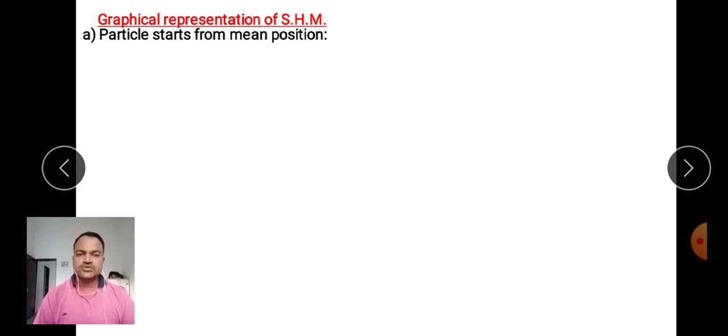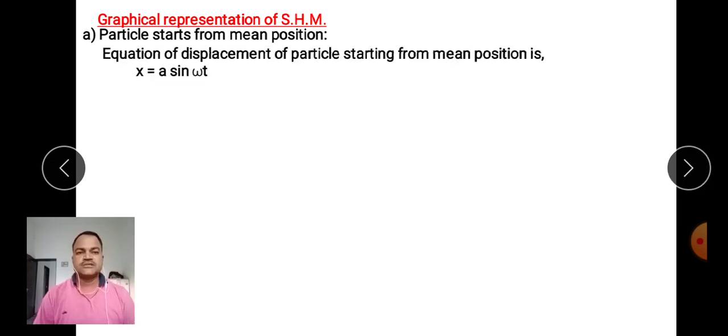By using these two equations, first we have to see the graphical representation of SHM if a particle starts from mean position. So let us see. We know that the equation of displacement of a particle starting from mean position is x is equal to a sin omega t,